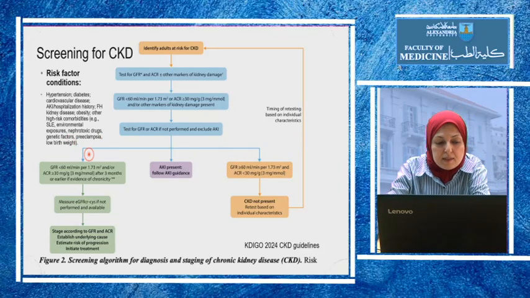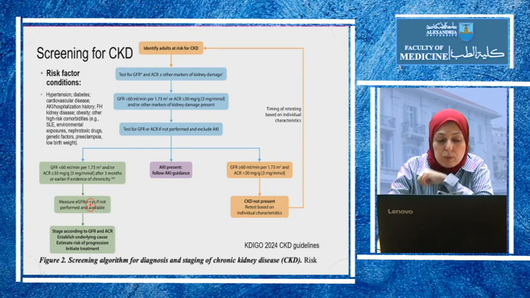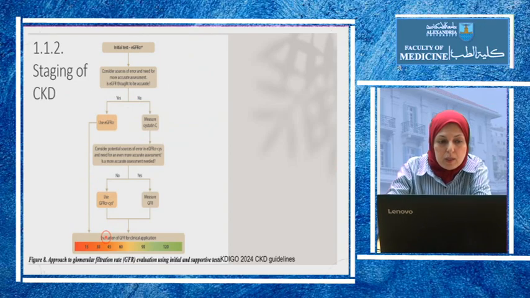But if we repeat the test and the test is still GFR below 60 and more than 30 within 3 months, and there is also evidence for chronicity, then we should treat this patient as chronic kidney disease, start staging the patient by GFR and albumin-creatinine ratio, maybe consider measuring also GFR corrected by cystatin C, and establish the underlying cause and estimate the risk of progression and initiate treatment.